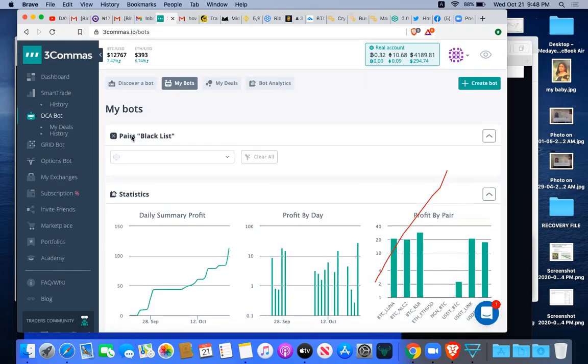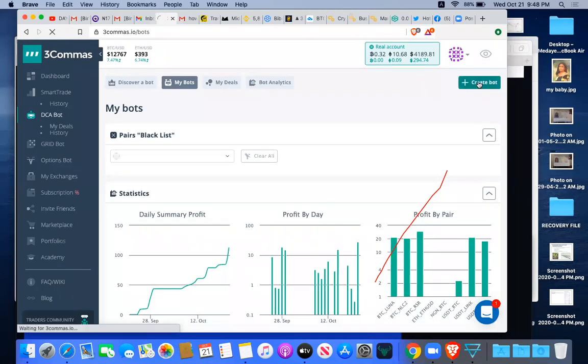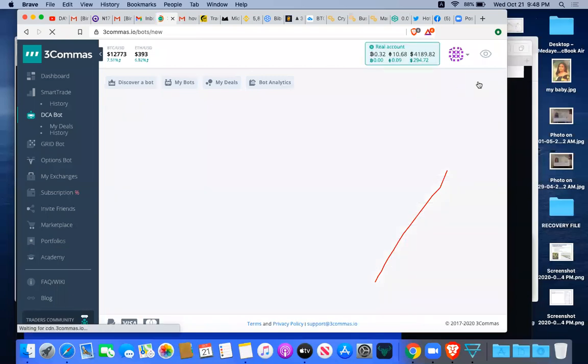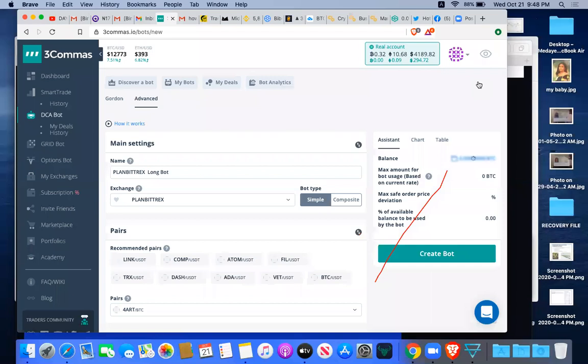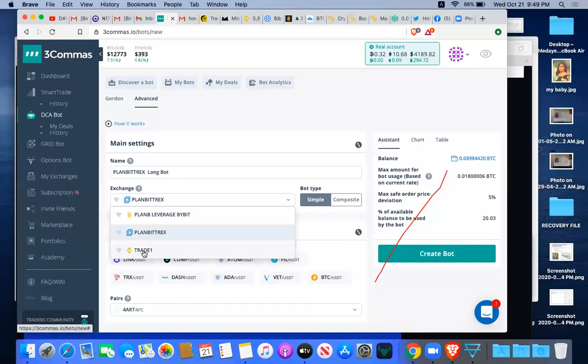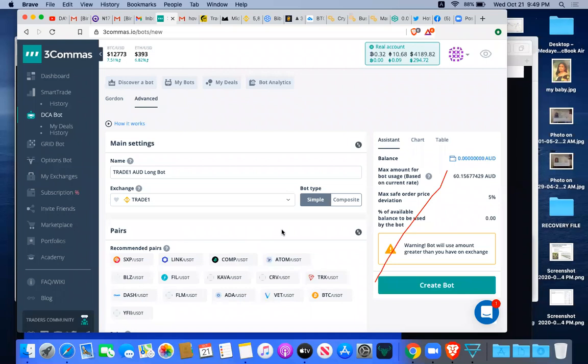Now, how do I go about it? I'll click it, then I'm going to click on create bot. So mostly when the market is going up or coming down, you are always going to be in profit. All right, so let's go. If you look at it, main setting, name, and am I going long or going short? You will see how I can do that. Now, exchange: on which exchange do I want to trade? Is it my Binance or my Bybit? I want to trade on my Binance.